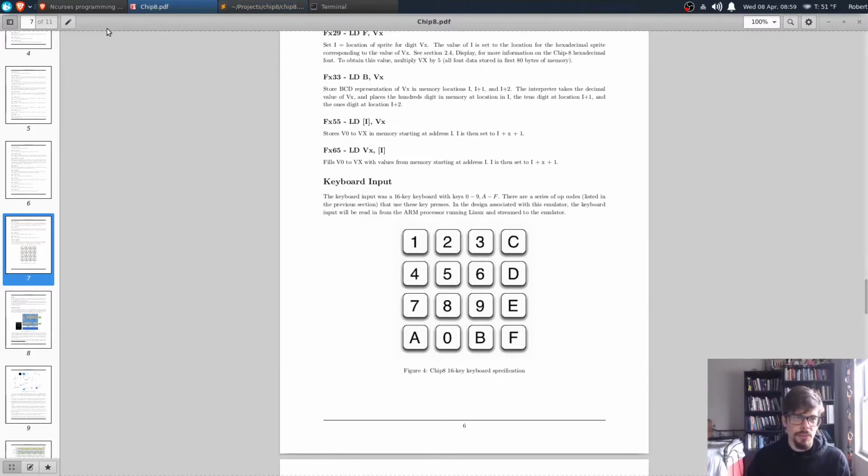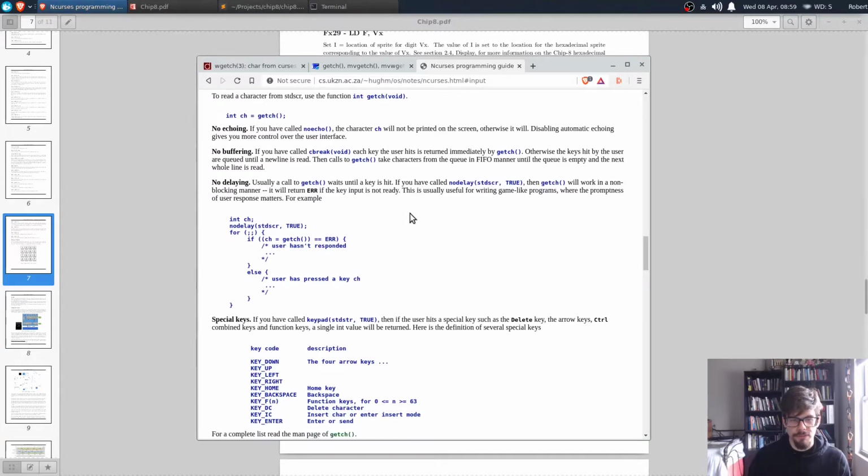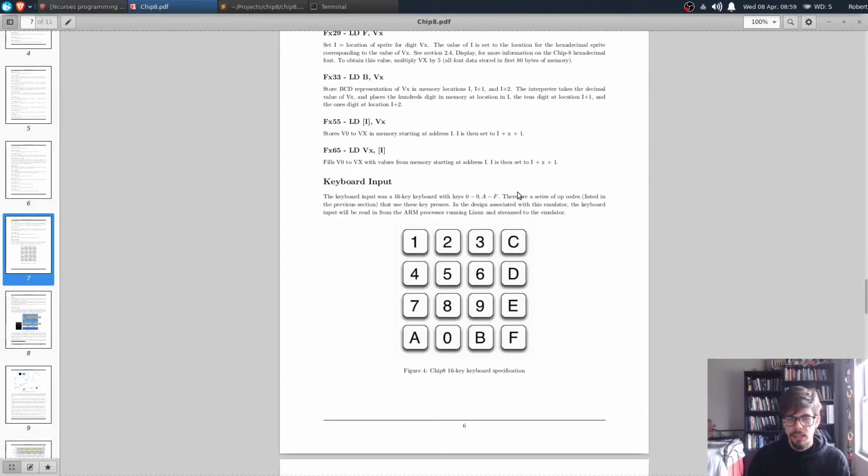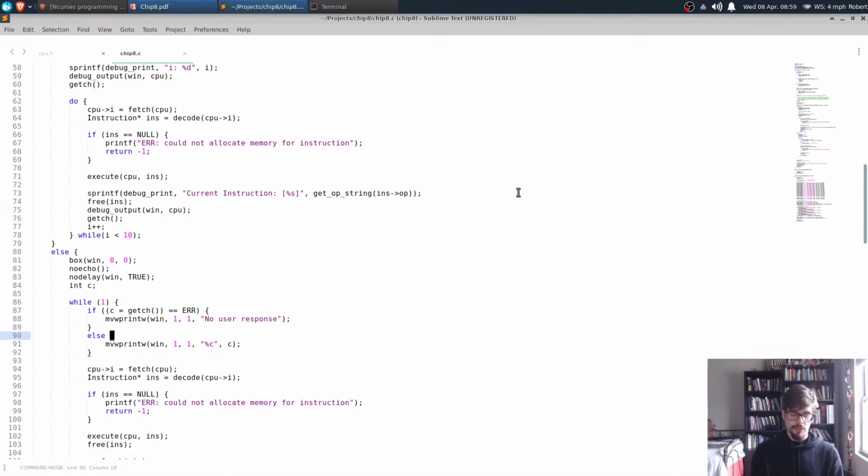I actually think there's something special for keypads for ncurses. Anyways, the keypad needs to be a 4x4, so it's a 16. I think using just the 1 through 4 in QWER, ASDF, and ZXCV is good enough as a mapping for that. So we can basically just check to see